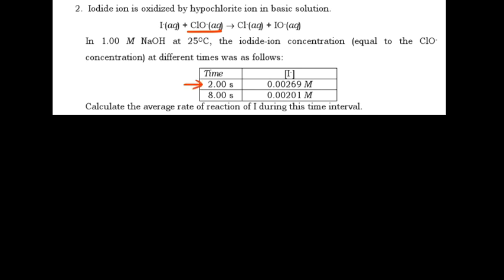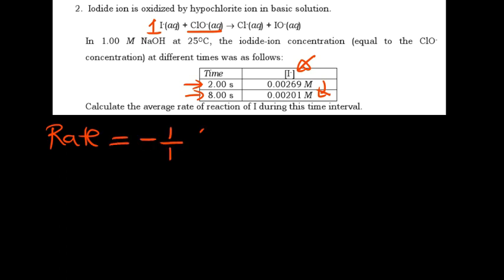It was from 2 seconds to 8 seconds. They observed a change in the concentration. So calculate the average rate of reaction of iodide during this time interval. What this information is about is iodide ion, as you can see. If we look at iodide ion in that equation, it has a stoichiometric coefficient of 1. So in terms of the rate, which is the average rate, of course, because we are looking at the range of time, that's going to be